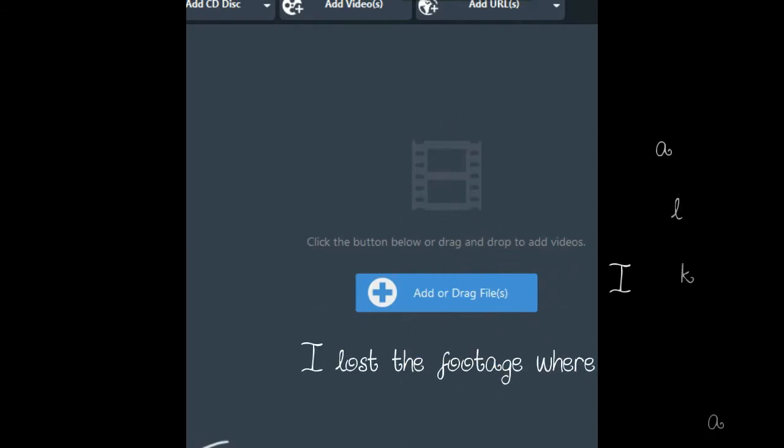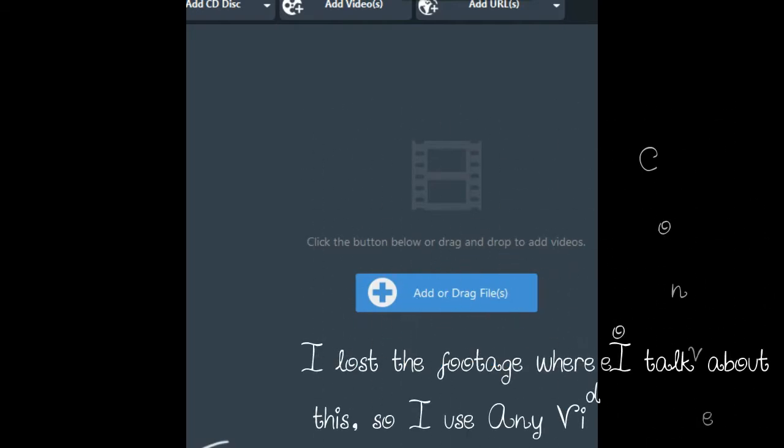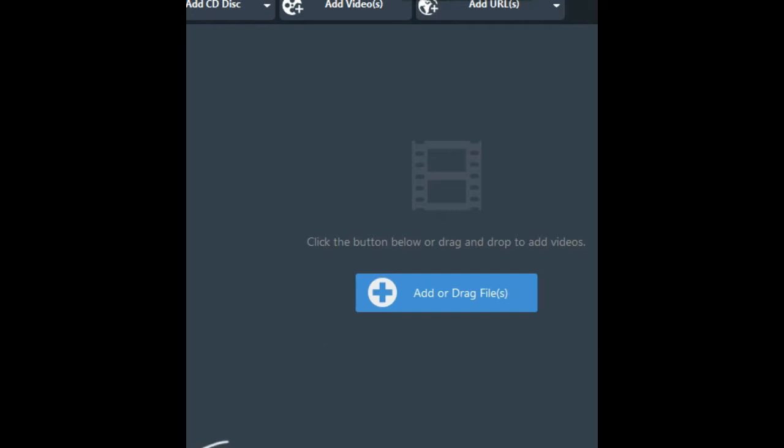You can use a different video downloader if you want, but this one works. I'd recommend it. I think it was free. I'm fairly certain it was free for the version that I use. So to download a YouTube video using the program that I use, you want to just go to the add